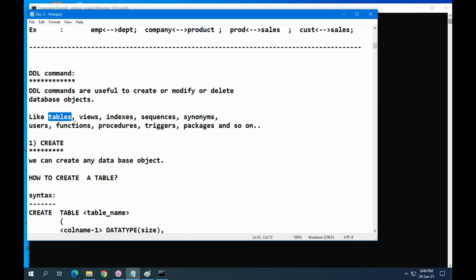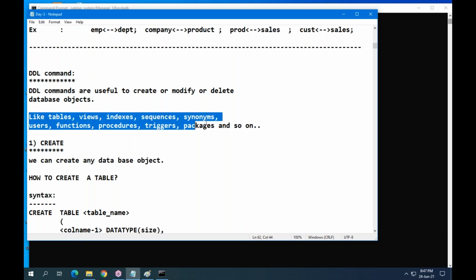Database objects are tables, views, indexes, sequences, and so on. Everything permanent that you create: a table to store data, a view to access data, an index to search data as fast as possible, a procedure to perform a business transaction, a trigger that does the background process before performing a transaction. So all these things are objects.